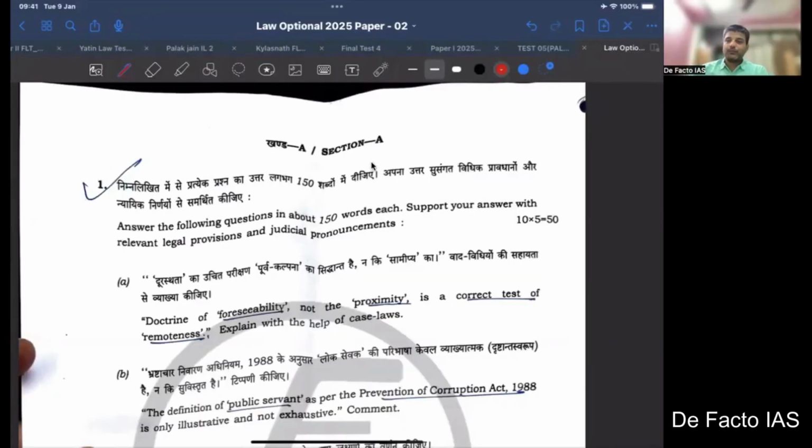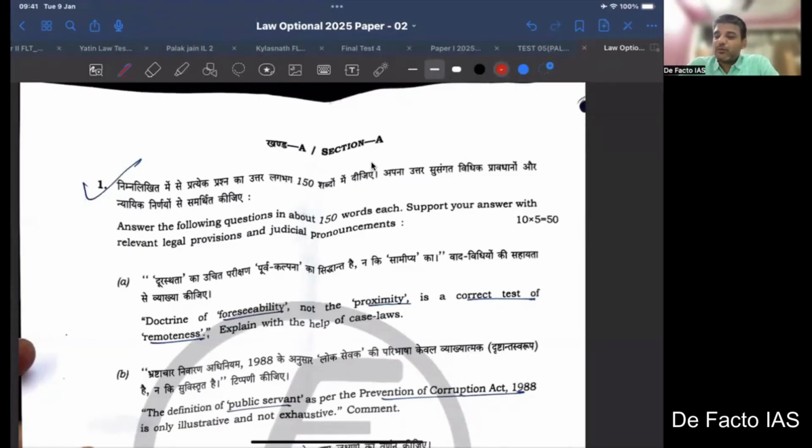Okay, so this is the second session for the law optional UPSC 2025 question paper solution. As you know, 3 days before I discussed the law optional Paper 1 of 2025 solution. Now, if you look at Paper 2 of this year's law optional paper, you will see that the first